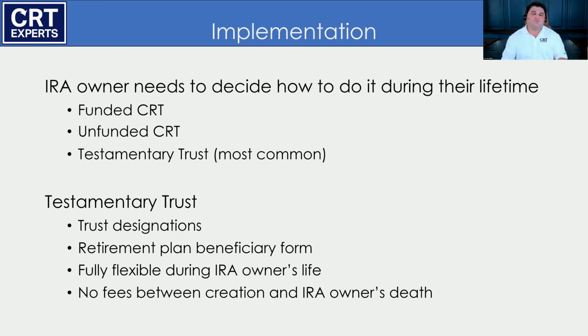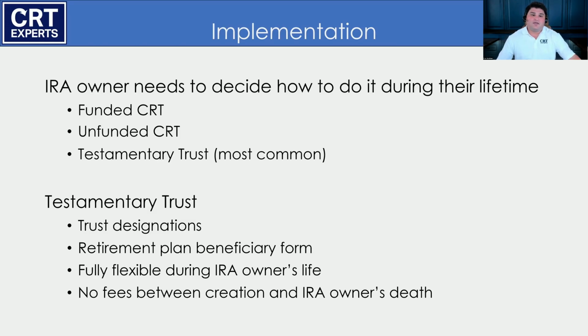We can't nominally fund a CRT and then over the IRA owner's remaining lifetime afford to administer that. So that's not a requirement, but the trust effective date has occurred. So the trust terms are set at that point. And that's a pretty significant drawback given that we can do this on a revocable basis through a testamentary trust